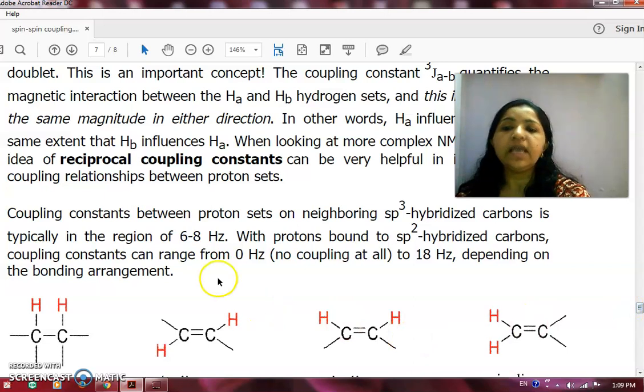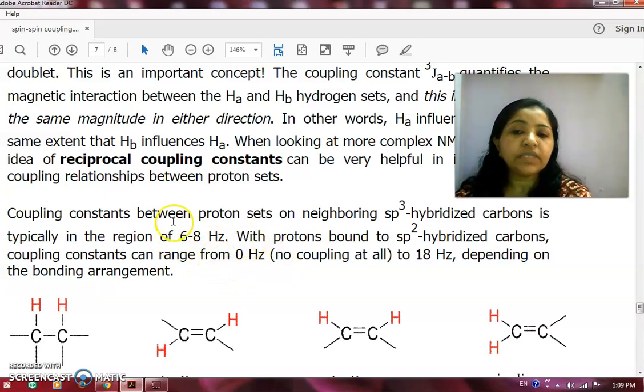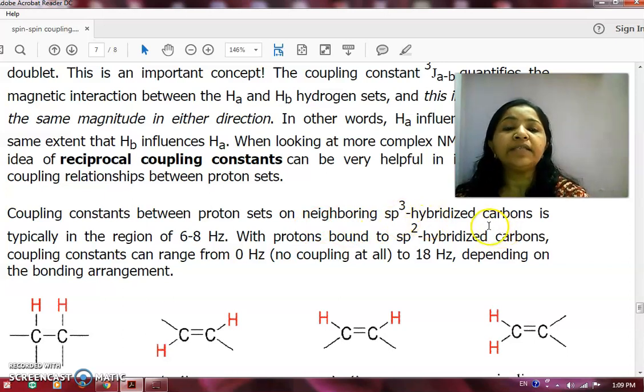Now let us see. Coupling constant between proton sets of neighboring sp3 hybridized carbons is typically in the region of 6 to 8. So if you see a value like 6.1 or 6.5, you have to understand it is due to neighbors on sp3 hybridized carbons. Okay, so both are sp3. Now if you see a value of